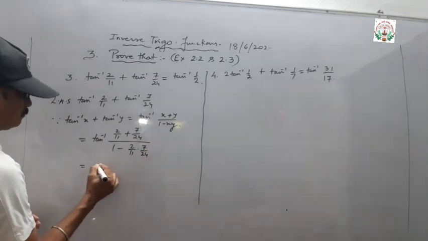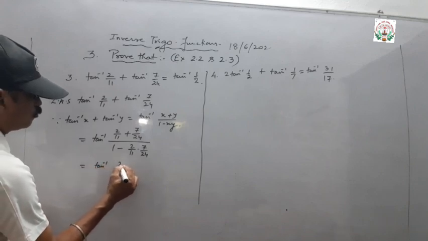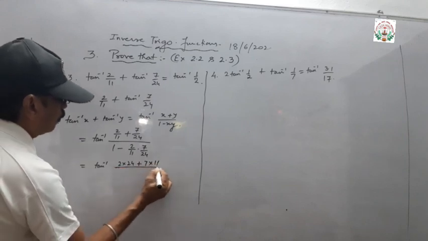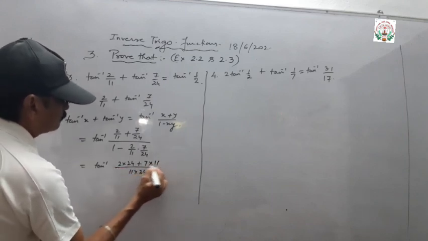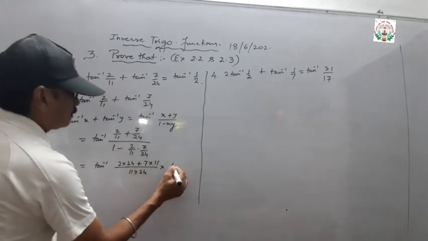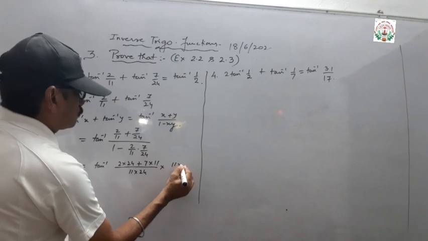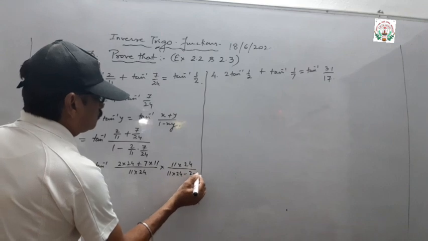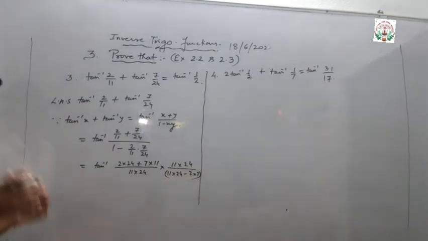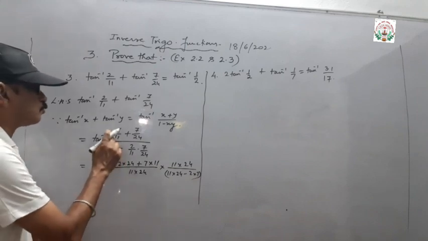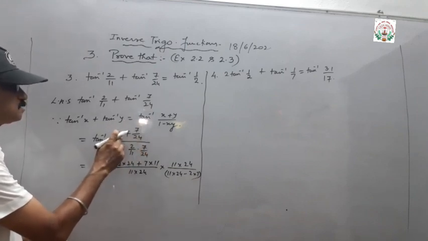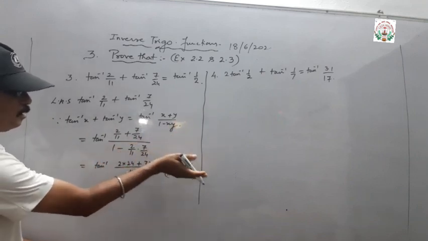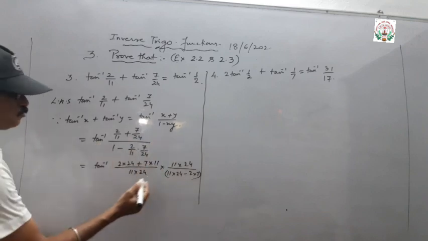So tan inverse of (2 into 24 plus 7 into 11) upon 11 into 24, divided by (11 into 24 minus 2 into 7) upon 11 into 24. So I have taken the LCM there. So 11 into 24, this 2 into 24 plus 7 into 11. After the LCM, 11 into 24 will go reciprocal, and 11 into 24 minus 2 into 7 will be